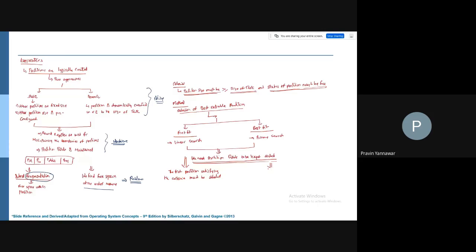In case of best fit, again it is a first fit, but only half of the table is searched, since this is binary search. In that half of the table, whatever first suitable partition you get is allocated. After the search, the best suitable partition satisfying the criteria is selected.